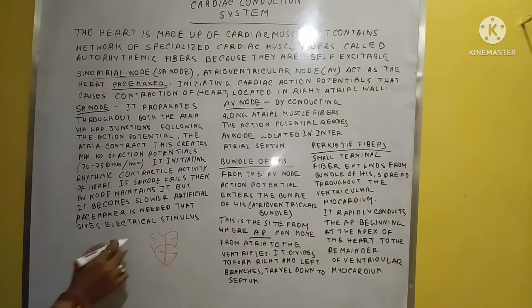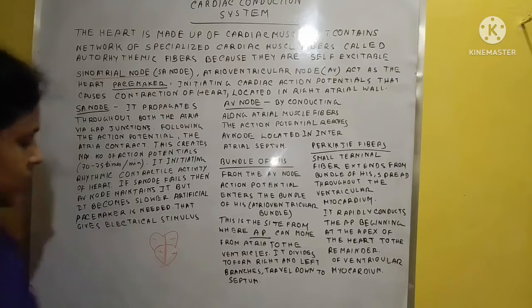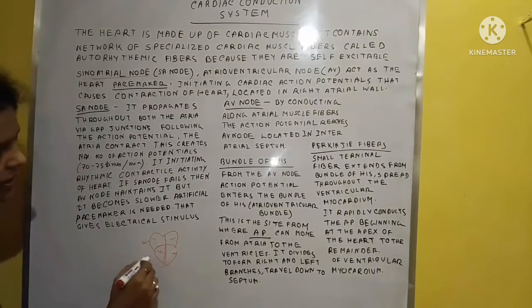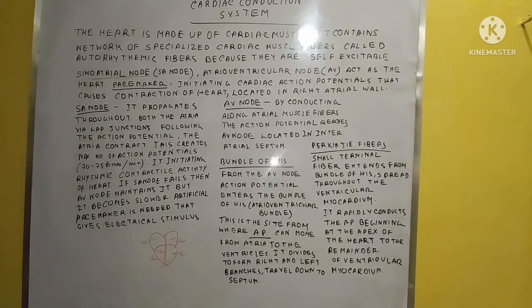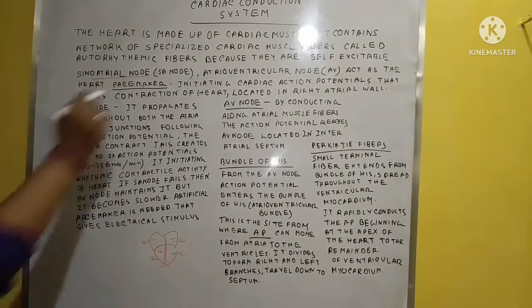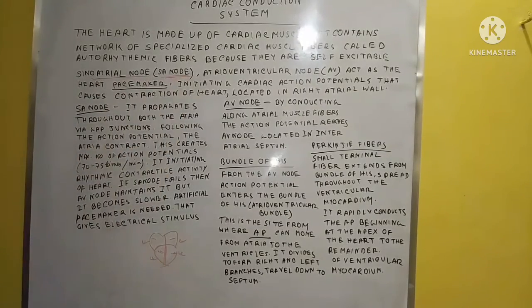So here, this one is the right and this one is the left. Clear? In that situation you can see that the AV node is present on the upper side of the atrium, and it continuously produces the impulses,